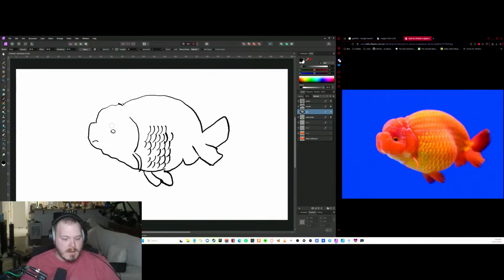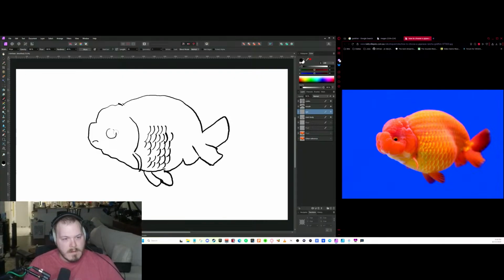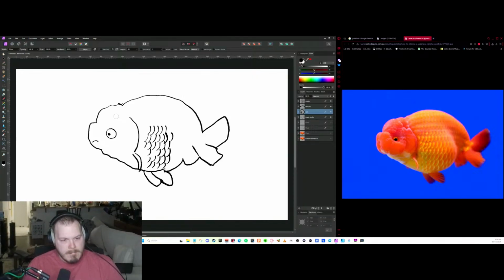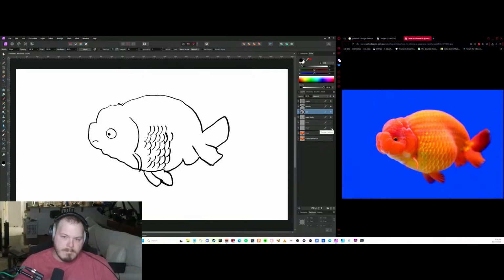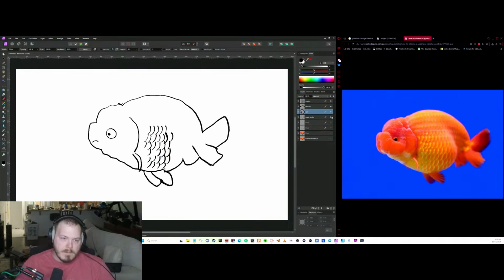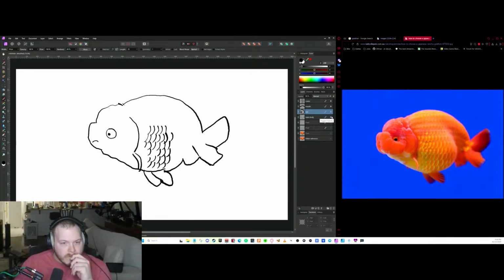So if we make the eye right here, let me give you guys a pupil, right? Because then we can make